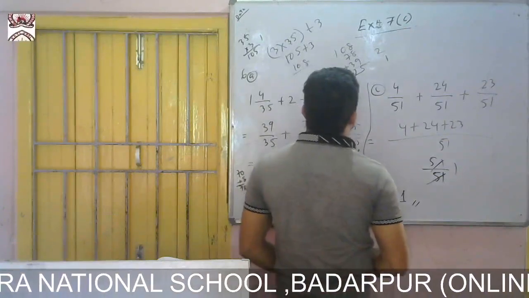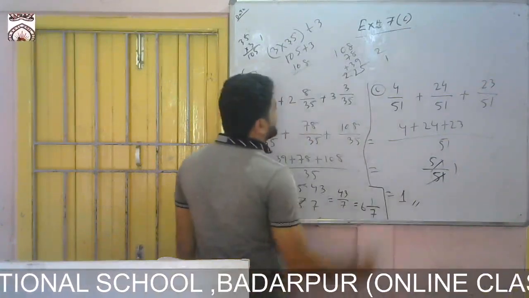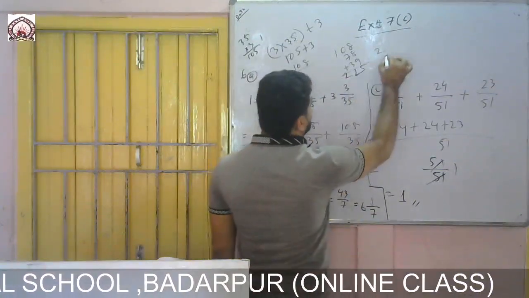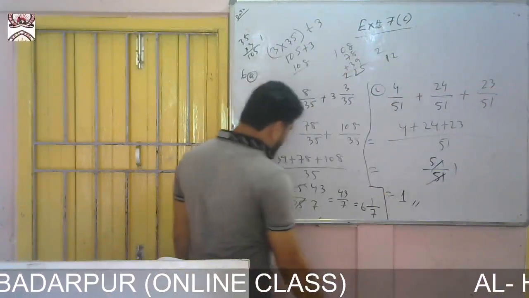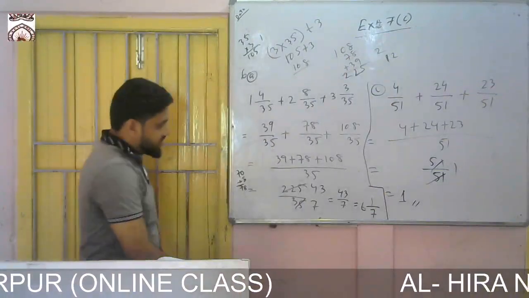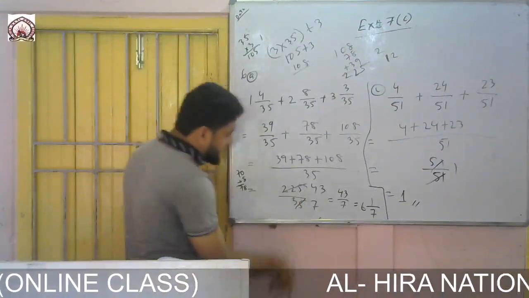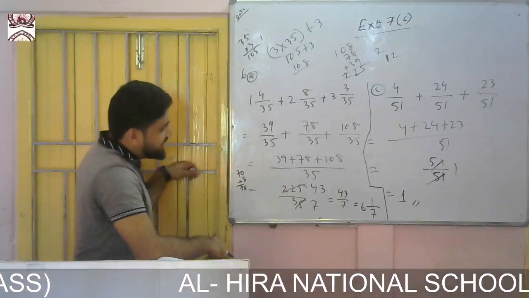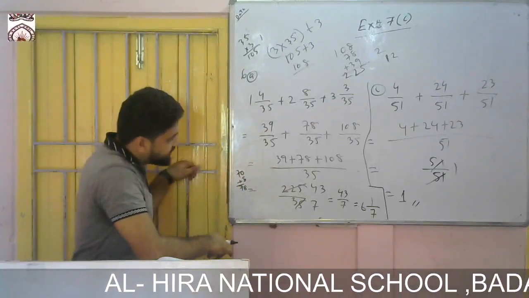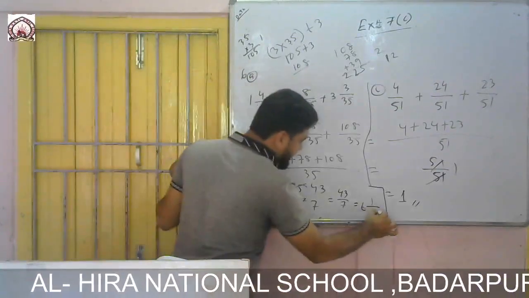7 plus 3 10. 10 plus 2 12. And remain what, 2. And remain 12 2 and 1, 1 plus 1 2. It is what, 2 to 5 by what, 35. So if I cancel, then this one, okay, 6 1 by 7. So I think this is the correct answer.